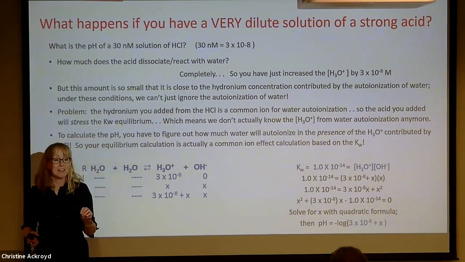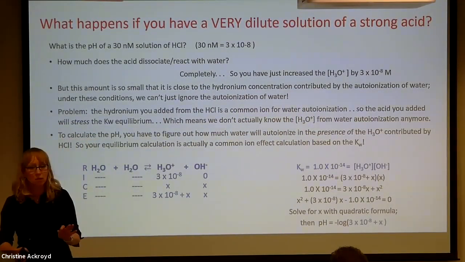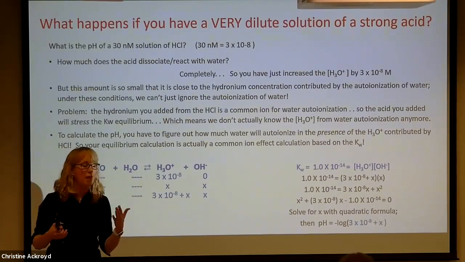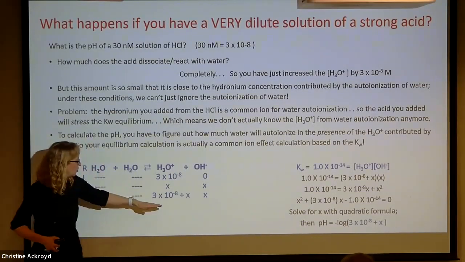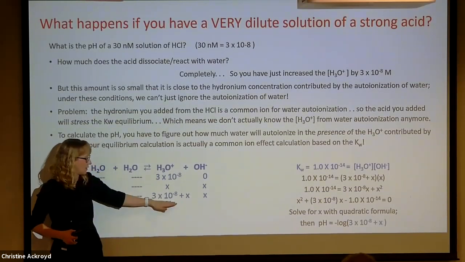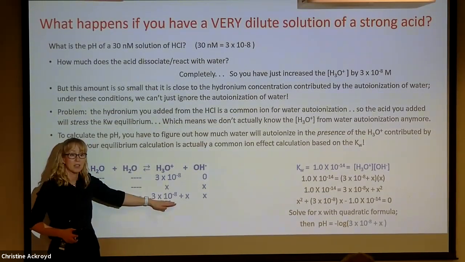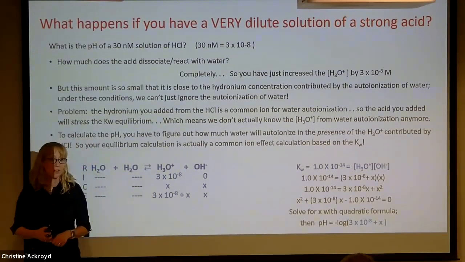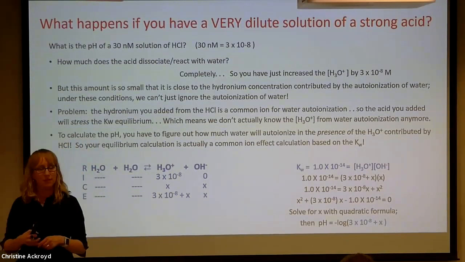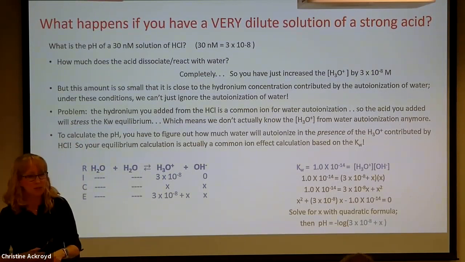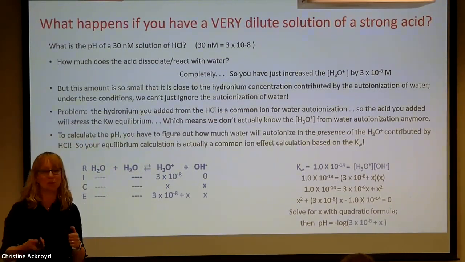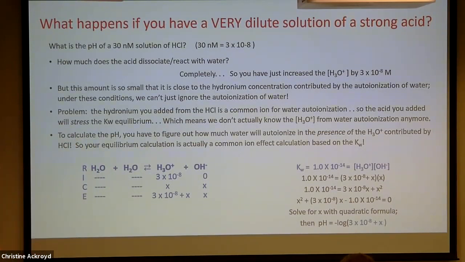Okay, when I calculate my pH, can I use that value? When I calculate my pH, I have to use the pH of X plus 3 times 10 to the minus 8, which gives you a different pH value than just based on X. So go through and think that through. If you need to see these again, the Gilbert textbook is a pretty good example of how to run this.